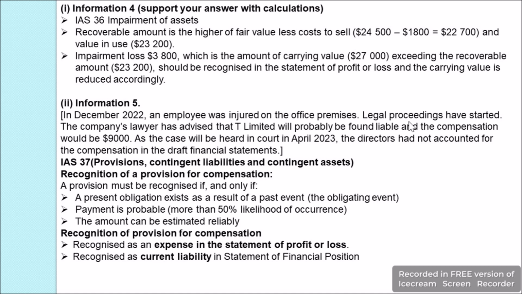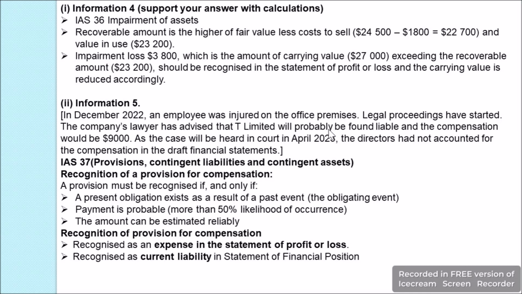This is the legal lawsuit, and there is still the pending outcome of this lawsuit, and based on this they may be liable to pay the amount to the employee, and this comes under contingent liability, and contingent liabilities come under IAS 37, where we make the provision for contingent liabilities and contingent assets. So how do we recognize the provision for this contingent liability? It is done based on these 3 pointers, that is, a present obligation exists as a result of a past event, and here this is on the basis of a past event, that is, the employee was injured in December 2022, and the payment is probable,